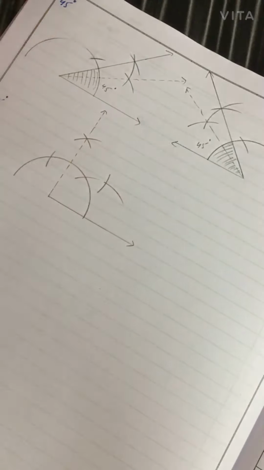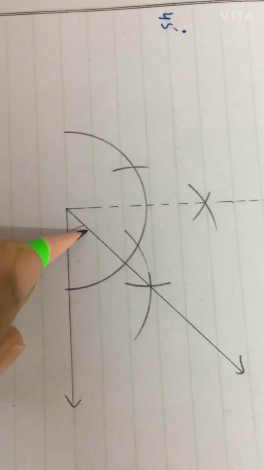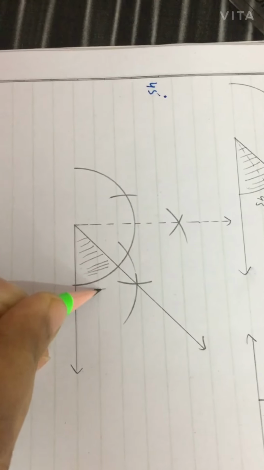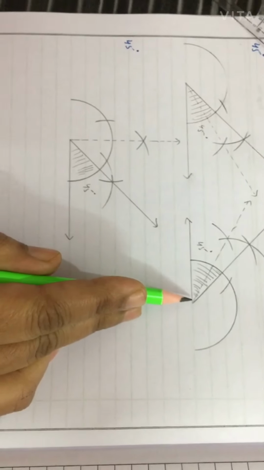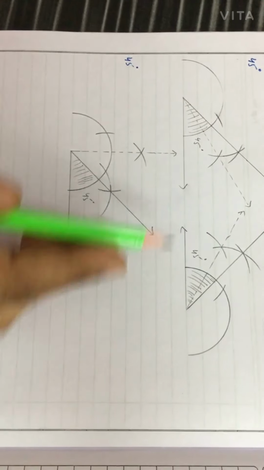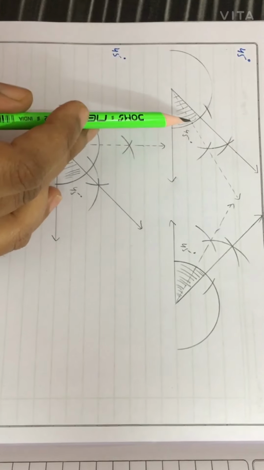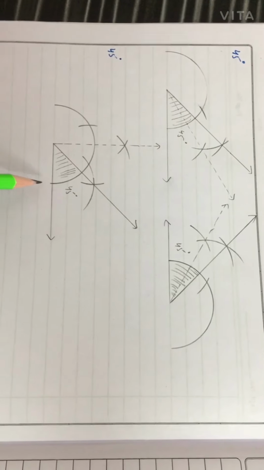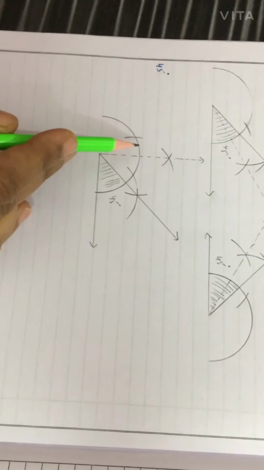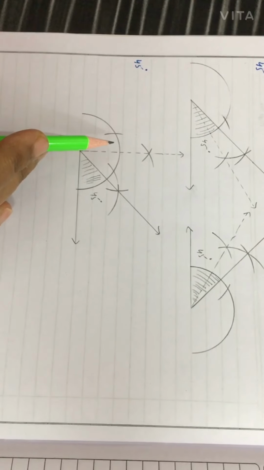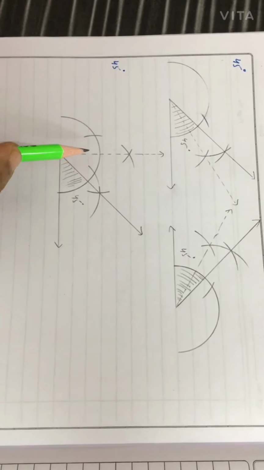Now we will observe, using the vertex as the center point and the line of this ray, and you are observing it lies exactly at 45 degrees. So this angle is of 45. In this way you can construct at the right point also. So we have seen 45 can be constructed using the concept of 30 and 60, and 0 and 90. In any way you can construct the angle of 45 degrees.